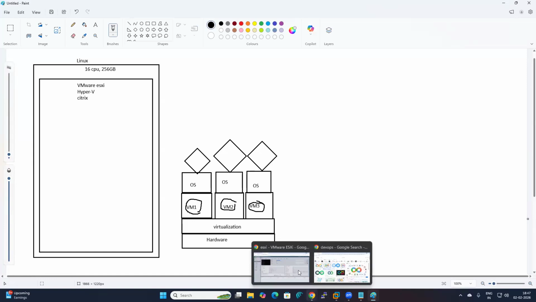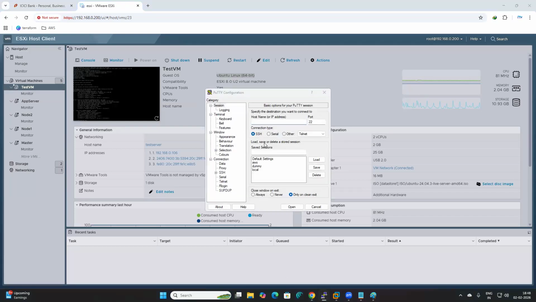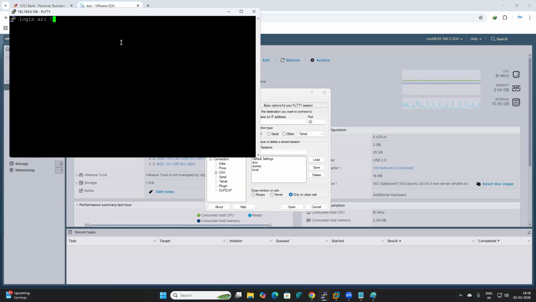So if you can see here, this test VM is a separate server. Where is it launched? It is launched on the same server only. I can access this server and run whatever applications I require inside it. So if you see here, it will look like the same server only. So this is the main component for your